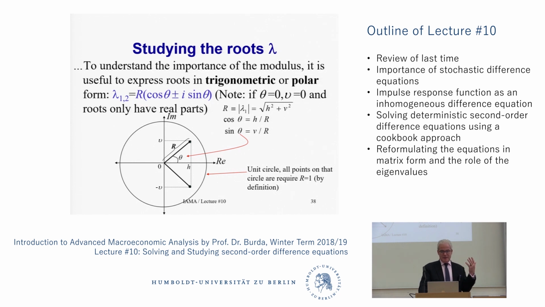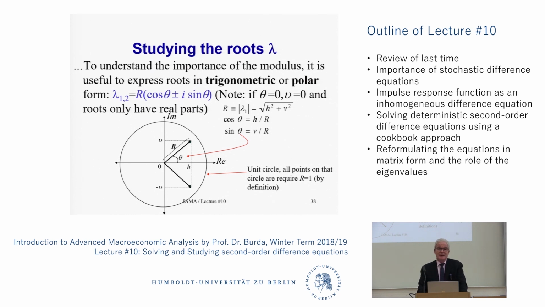So if I can take powers of lambda 1 and 2, then in some sense maybe it has to do with this cosine and sine function. And I'm going to show that to you in a second. I'm just going to show you that that's the case. The easy way to do this is to use what's called Euler's expression. Okay, so Euler, this Swiss mathematician, actually figured out that not only can you express complex conjugate numbers like that,